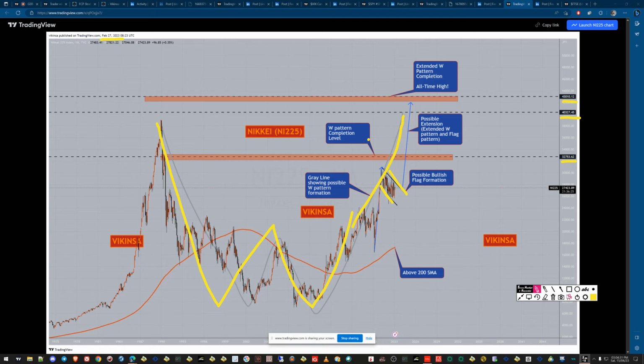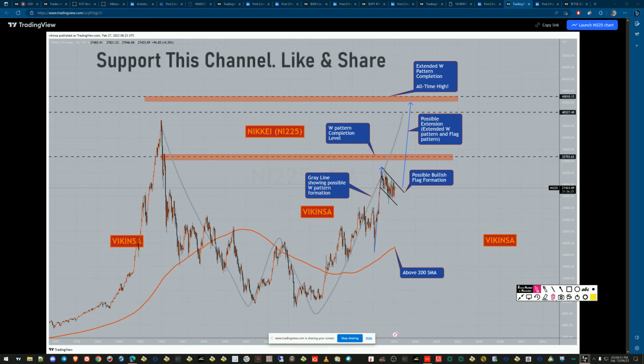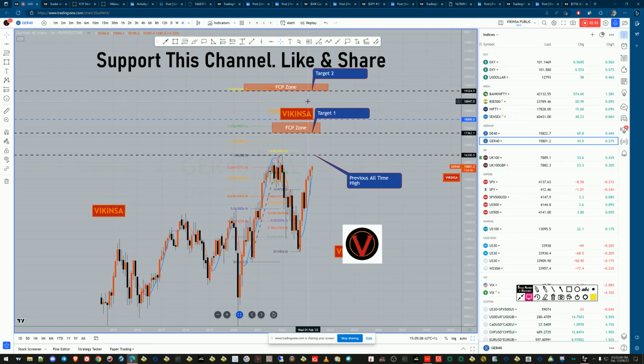Now, all of these indices, as you can see: Nifty has made an all-time high. FTSE has made an all-time high. CAC 40 has made an all-time high. DAX is going towards an all-time high. And Dow Jones has started to move upwards, and it can target an all-time high. S&P 500 has started to move towards 4,000 levels once again. So you can see all of these indices are moving towards that. But you should keep an eye on the dollar. So this is what we had on indices.